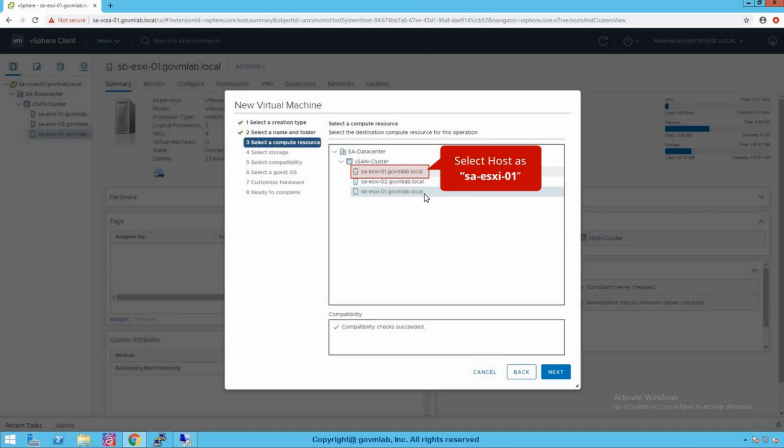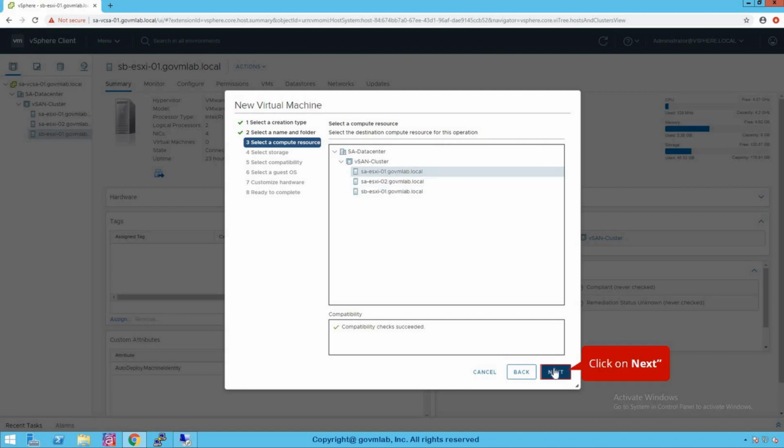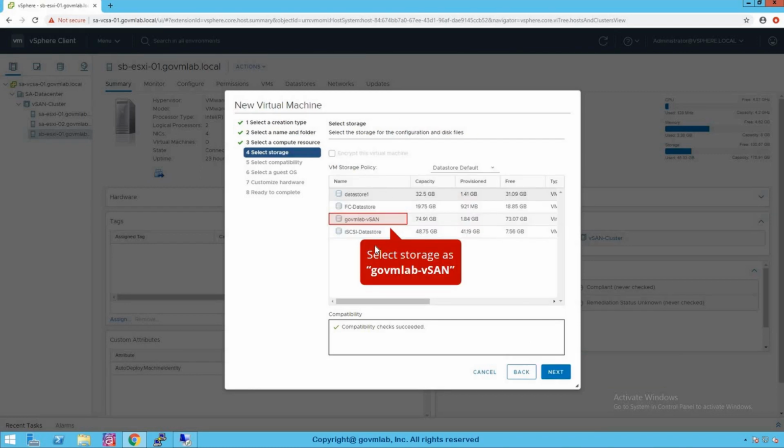But let's say at this wizard, I don't want to deploy this VM on the SB host. I want to deploy that VM on SA ESXi01. So you can go and select that host, or we can change that host here. Click on next. Now, here you could see that we have 4 storage or data stores created on that